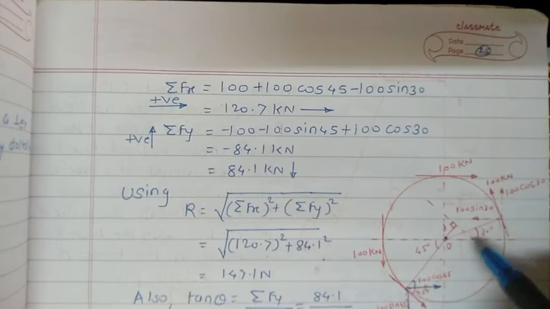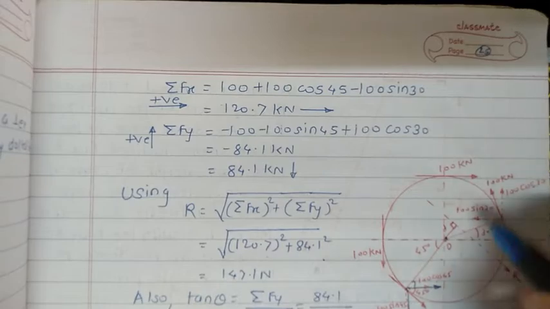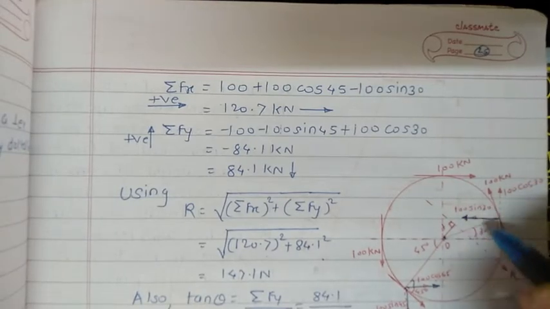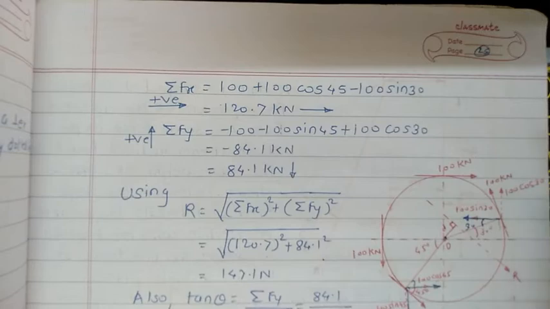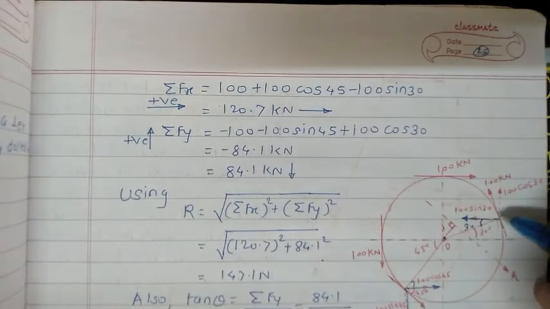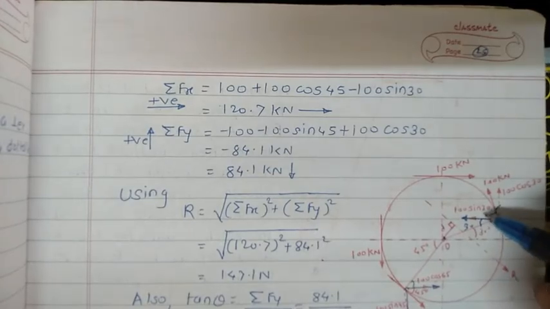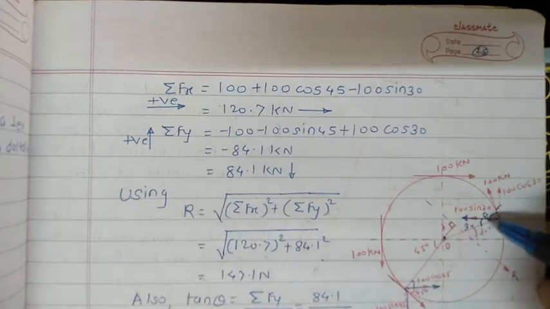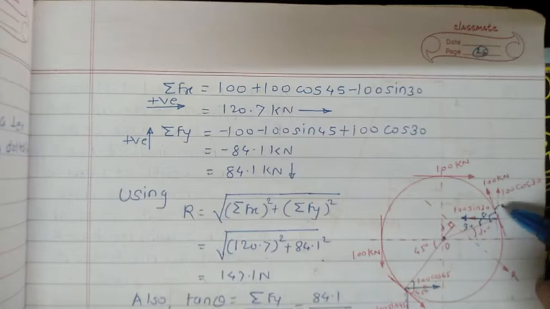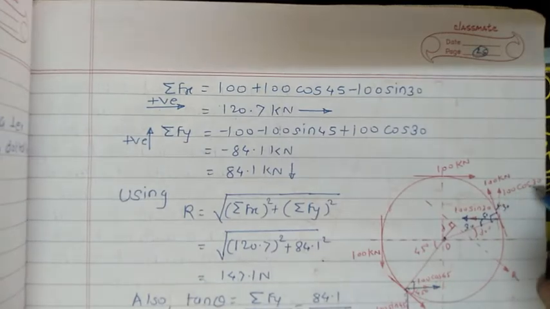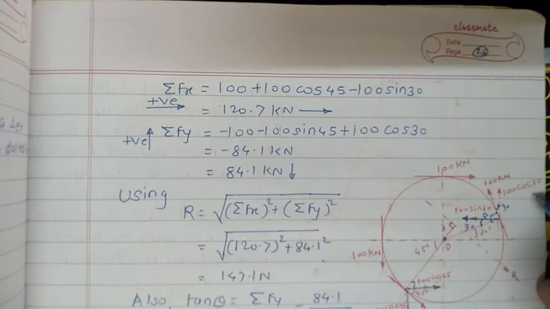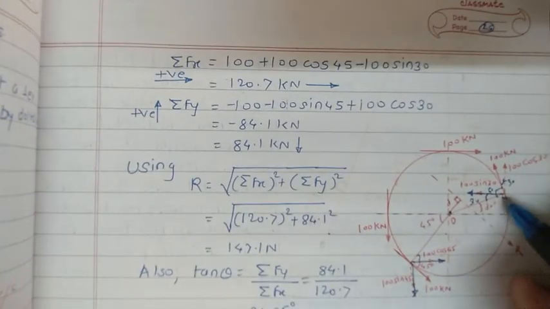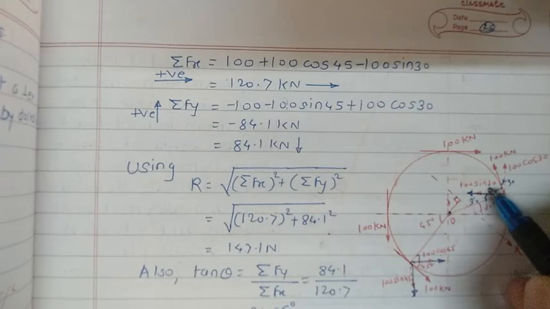Okay. So this angle is given 30 degree. Automatically, the opposite of this one you can get here 30 degree. Okay. So what's about this angle? If this angle is 30 degree, so what's about this angle? Here we can get the 90 degree, means here we can get the 60 degree. So this angle is 60 degree, means automatically this angle must be 30 degree. So if I consider this angle as 30 degree, what's about the corresponding component? You can get here 100 cos of 30. At the same time, you can get the horizontal component as 100 sin of 30.